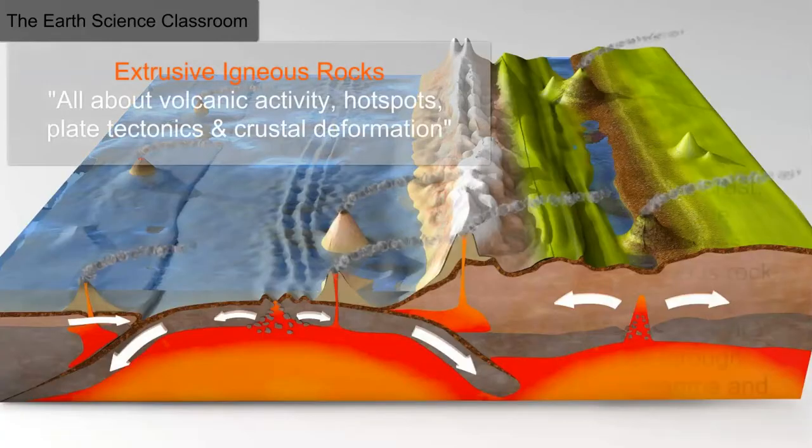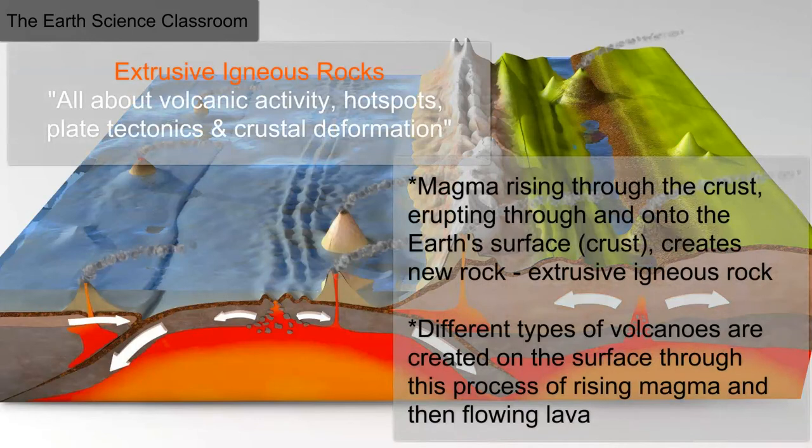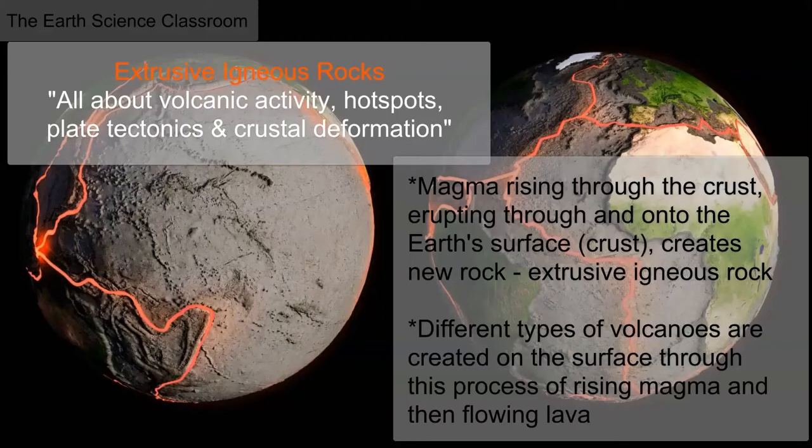So for extrusive or volcanic igneous rocks, the location of volcanoes, the location of subduction zones, plate tectonics, and how the crust is broken into plates and is slowly moving over a long period of time based on convection currents in the asthenosphere, is basically the foundation of our understanding of how the surface changes over time, how continents come and go, oceans come and go, the Wilson cycle,